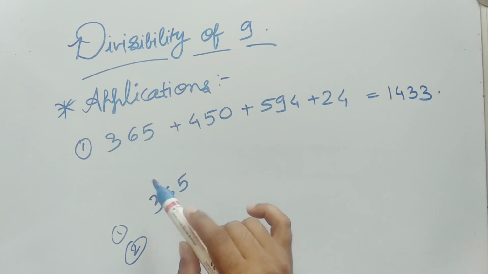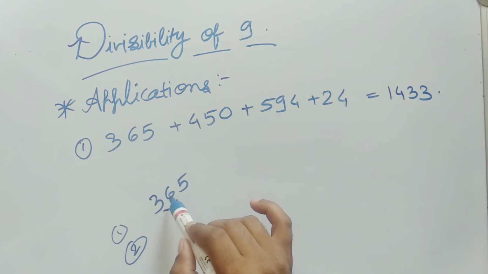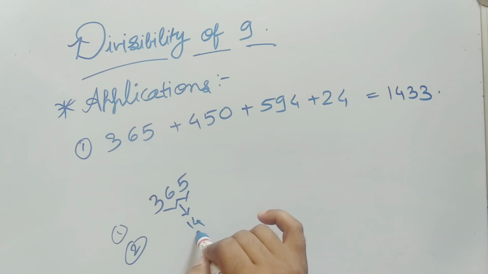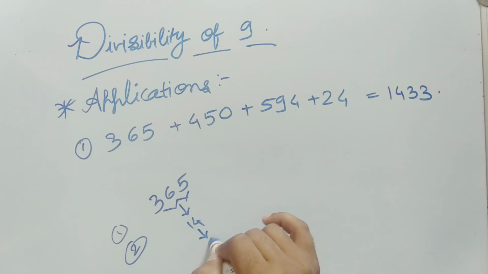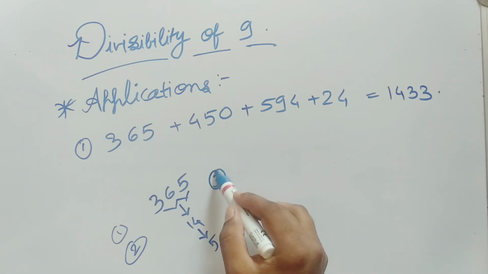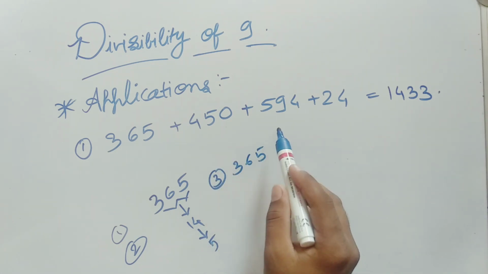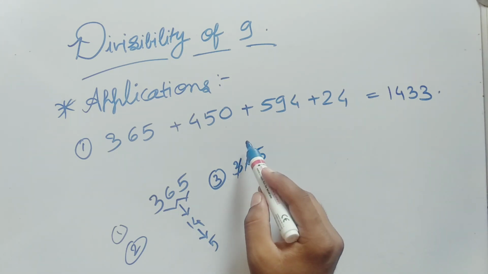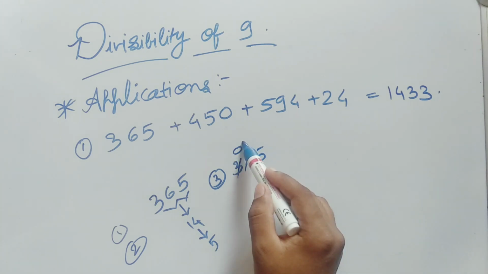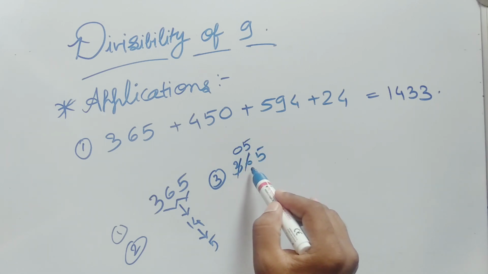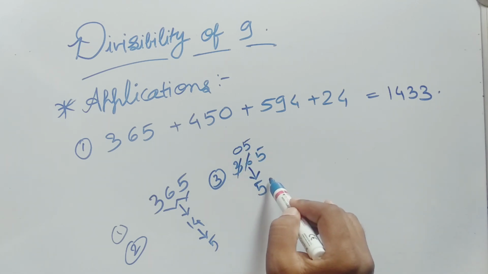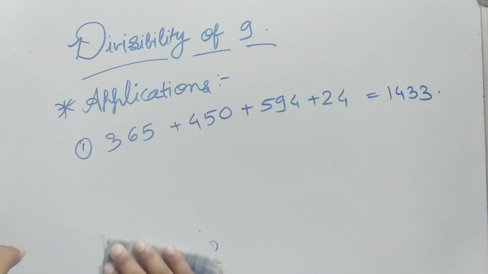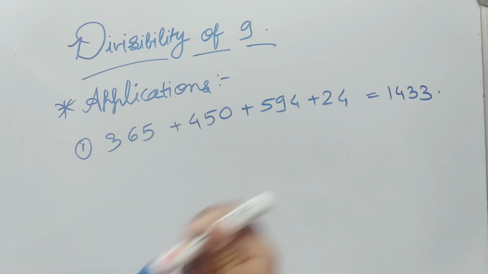Secondly, just add all the digits, that is 3 plus 6 gives us 9, and 9 plus 5 will give 14, and further on 1 plus 4 will give 5. But the method which I prefer personally is you just rule out the digits which add up to 9. So 3 plus 6 will give 9 and single digit conversion as 0, and this 5, and 0 plus 5 further will give 5 as the single digit. So 365 can be written in single digit form as 5.